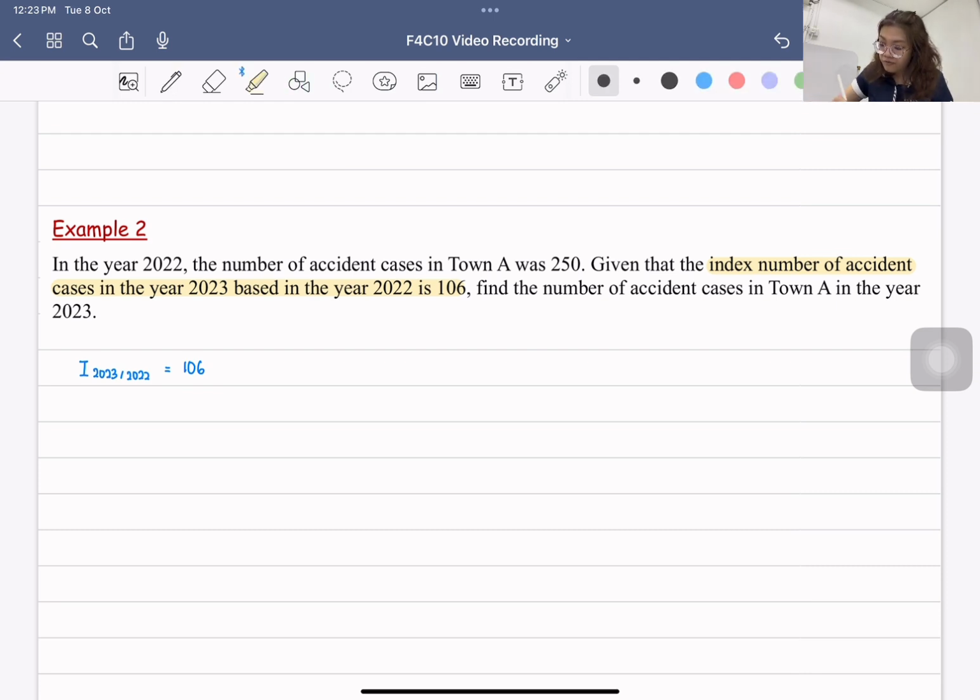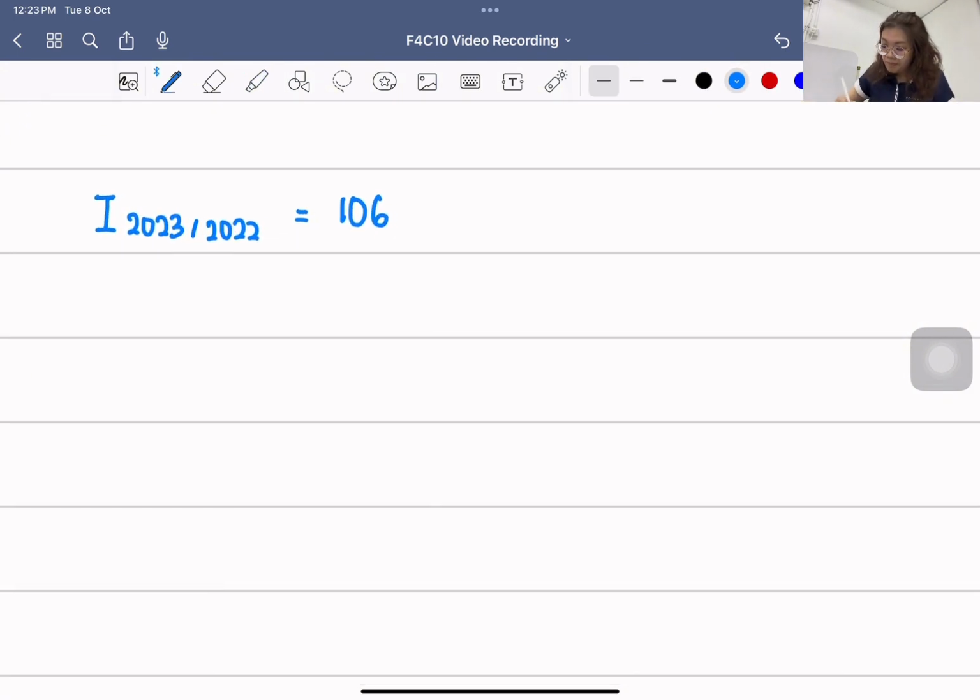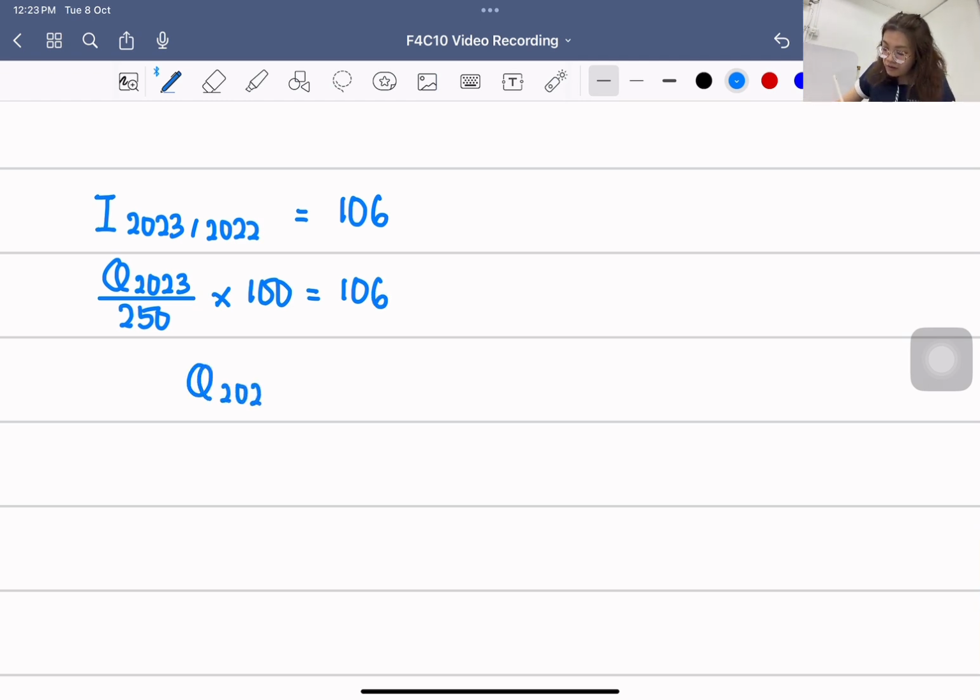We are required to find, and every time you have to be very clear what the question wants. They ask you, what is the number in 2023? So you know that they want to know this, Q2023. The number of accidents in 2022 is 250. Multiply by 100, this is the formula, equals 106. So the number in 2023 will be equal to